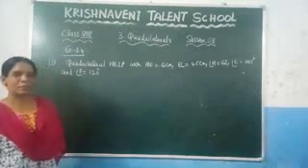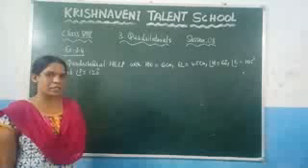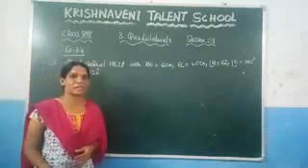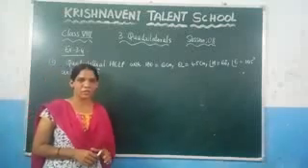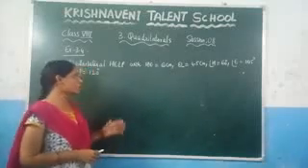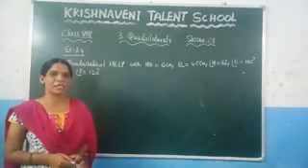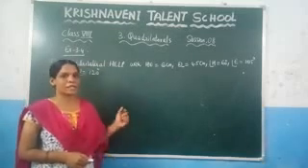In the previous three exercises we have learned how to construct a quadrilateral if you have been given 5 sides, and in the second exercise we learned how to construct the quadrilateral if you have been given 4 sides and 1 angle. Now in this exercise we are going to learn how to construct a quadrilateral if you have been given 2 adjacent sides and 3 angles.